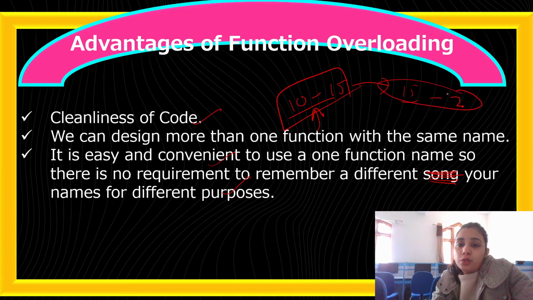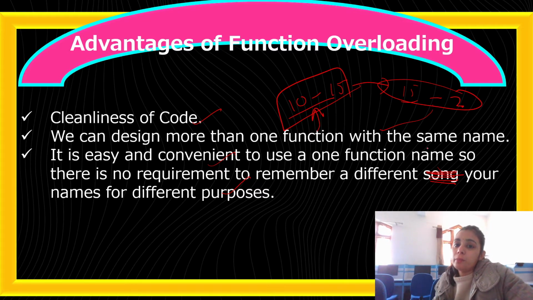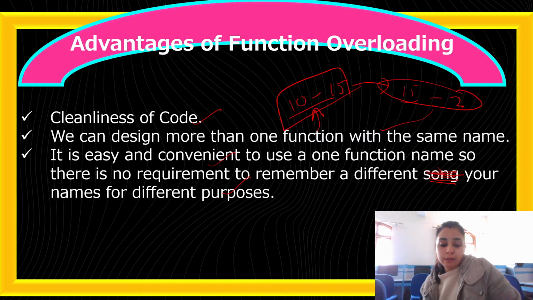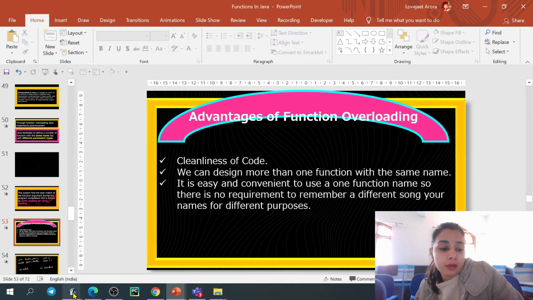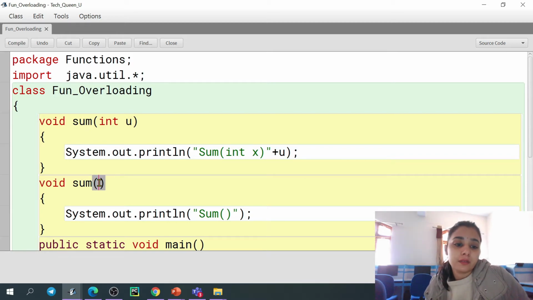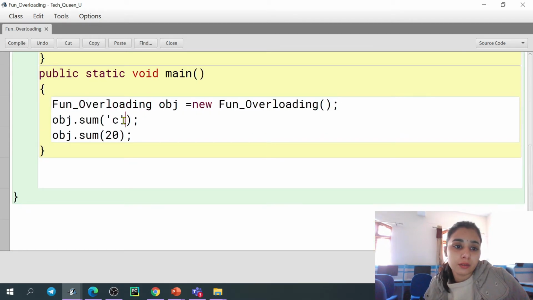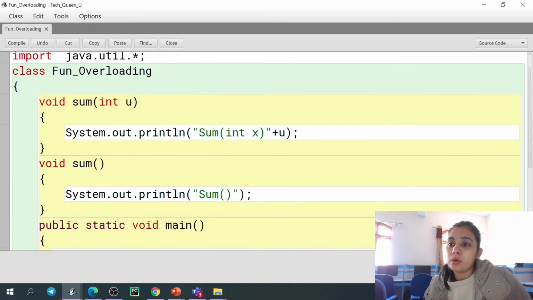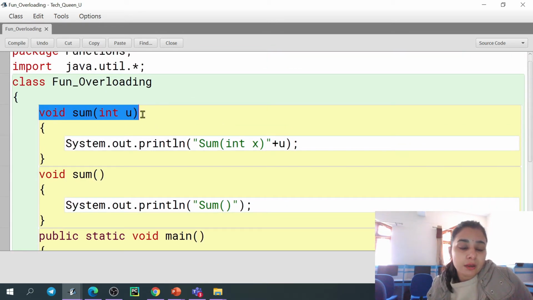That will be easy for you if you give the same name to all, but you have to make sure that you are differentiating all the 15 or maybe more functions with the help of type and the number of arguments. Let's say we have an example. I have given this function here. Now, is this valid if I'm giving void sum, integer u? Yes, this is valid because the name is same, my function overloading, or I can say method overloading, that is exactly correct.